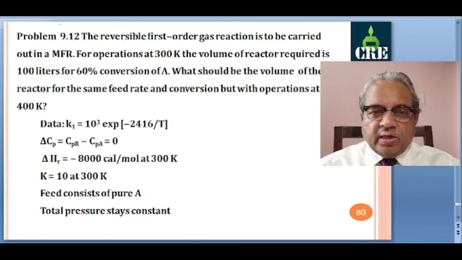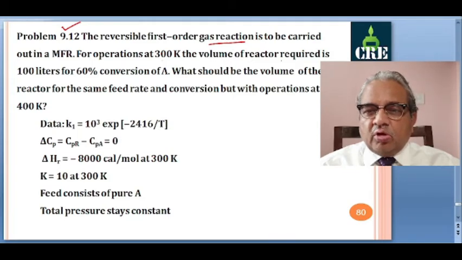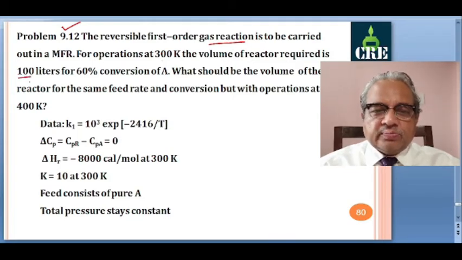Next, 9.12. The reversible first order gas phase reaction is carried out in a mixed flow reactor. For the operation at 300 Kelvin, the volume of the reactor required is 100 liters for 60% conversion. So in the mixed flow reactor, the volume is 100 liters for 60% conversion. The reaction is first order and gas phase. What should be the volume of this reactor for the same feed rate